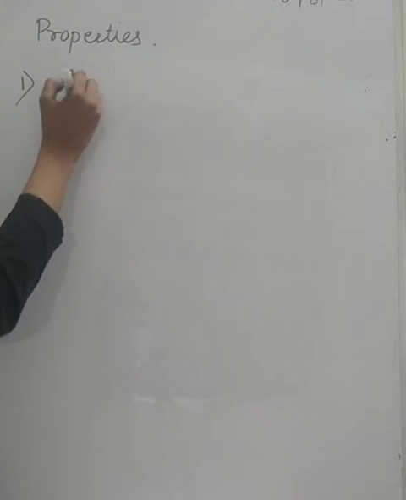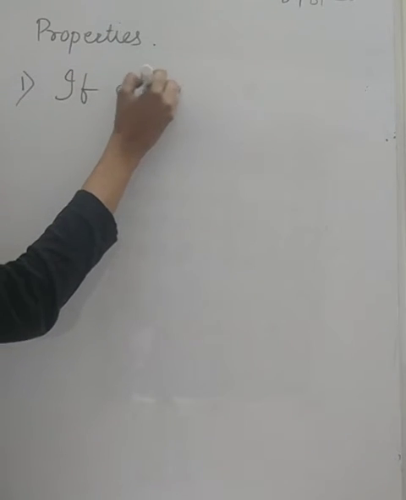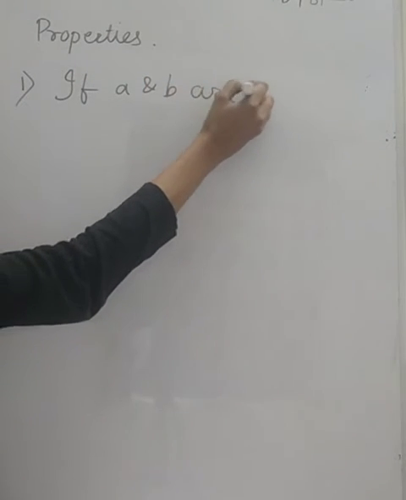So yesterday we learned the decimal form of irrational numbers and some properties of irrational numbers. And today we are going to see some properties of real numbers. Okay. Now if A and B are two real numbers,